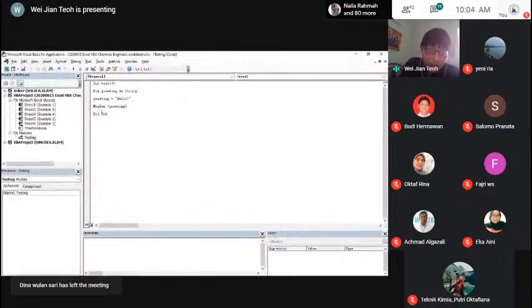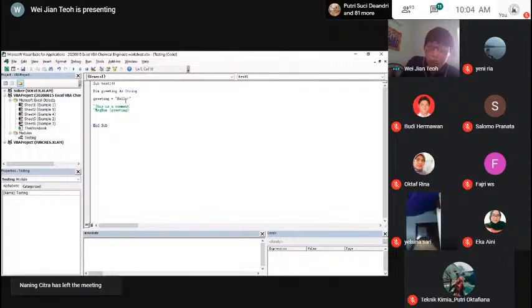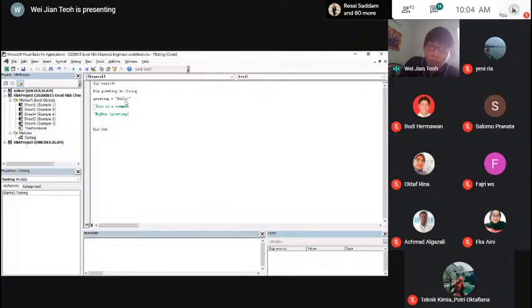Let's say I don't want to use this message box. I can comment it out by typing a single quote. So this is a comment. A comment will not be executed by Excel. So in this case, I can just leave it there, just in case I want to use it back. But currently, I want to turn it off. So usually what I do is I put this symbol, and it will not run the code that I don't want it to run.